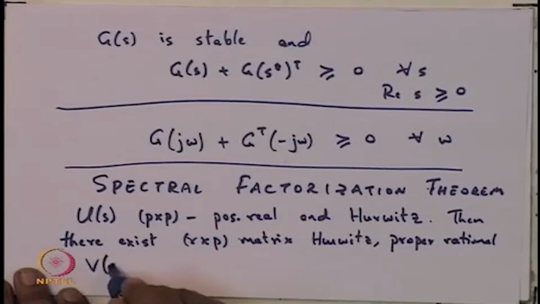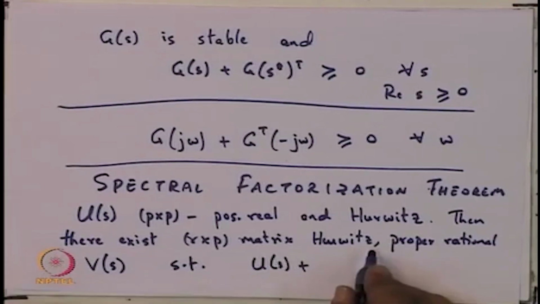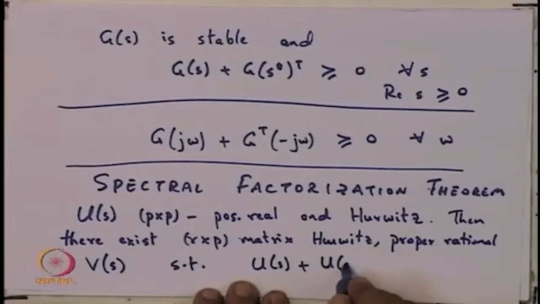Let me call it V(s), such that U(s) plus U transpose of minus s is equal to,